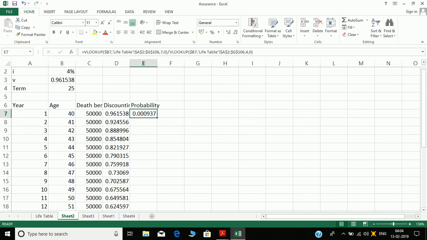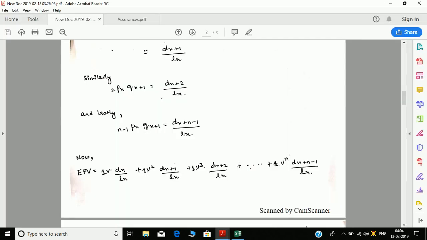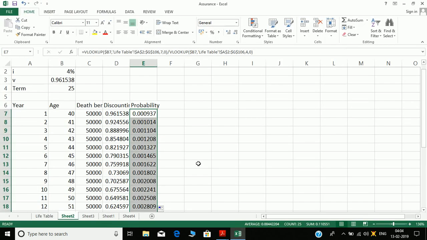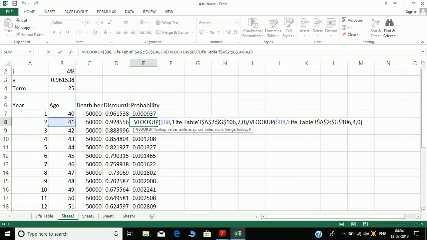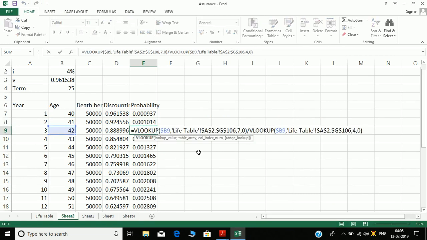Now let's see if we pull it down, will it give us the correct answers? No, it will not give me the correct answer. Why? Because can you see all our denominators are lx in this EPV expression? All my denominator is lx. That means all the denominator is L40. Whereas here, since I have not fixed my L40, it's becoming D41 by L41 or D42 by L42, which is wrong.